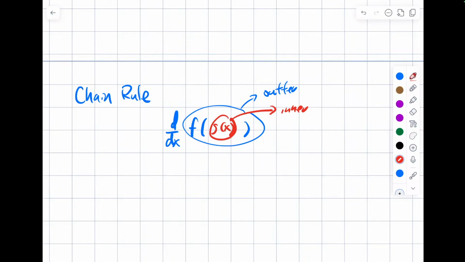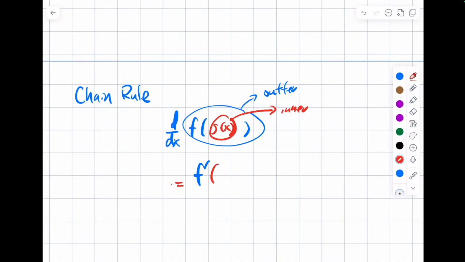If that ever happens, I call it the onion rule, like you're peeling the onions. When you take a derivative of the onion, take a derivative like you're peeling. You peel the outside layer, the inside layer is still intact. You still keep it inside. And then you're going to multiply by the derivative of the inside layer. So basically, it's going to be f prime